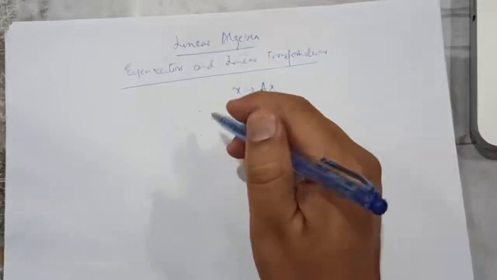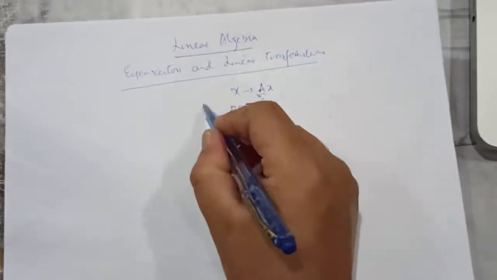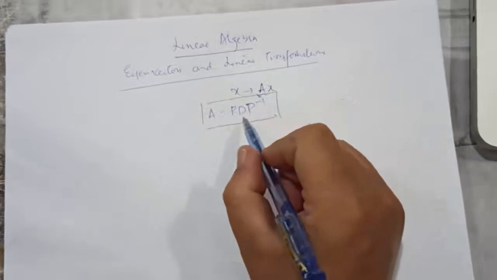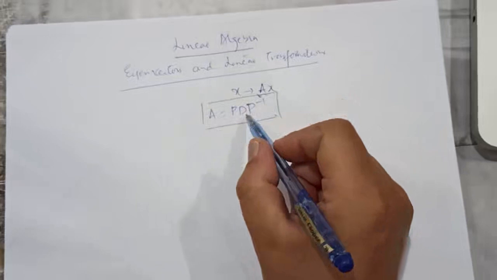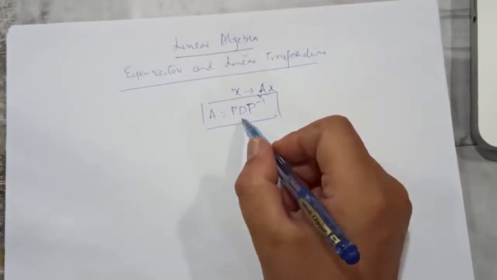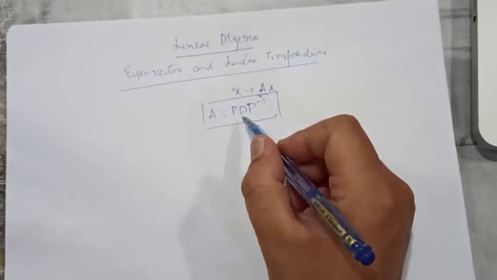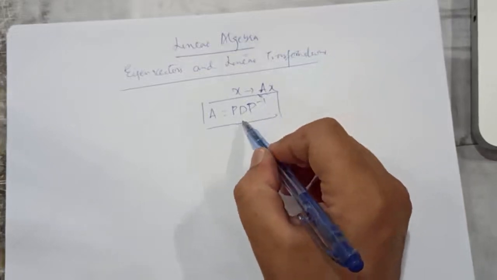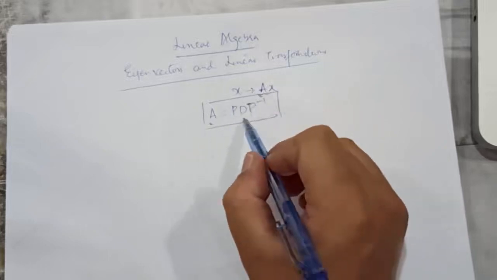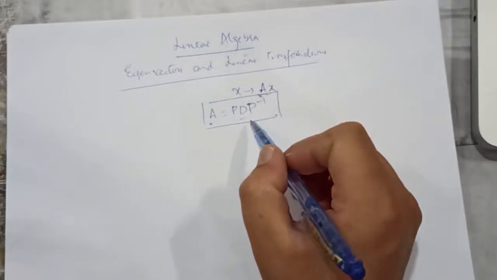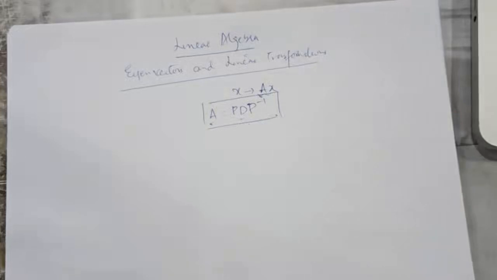We will use the concept of similarity, where A is similar to D, and D, like in the last lecture, may be diagonal, it may not be diagonal, but we will be developing an understanding of the transformation that could be achieved by A and correspondingly by D, and how they relate to each other, right? So in general,